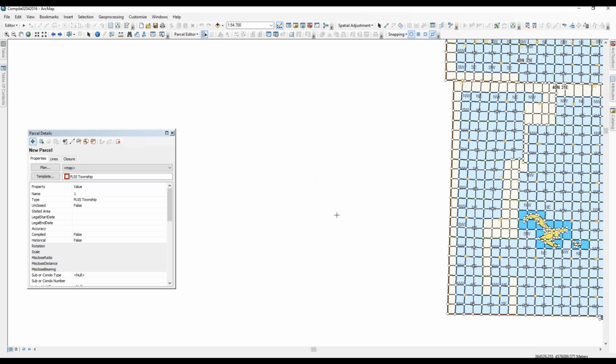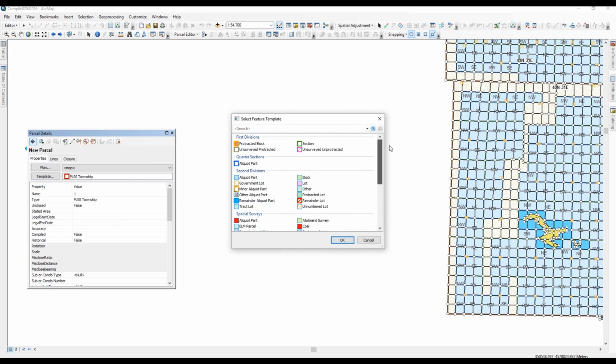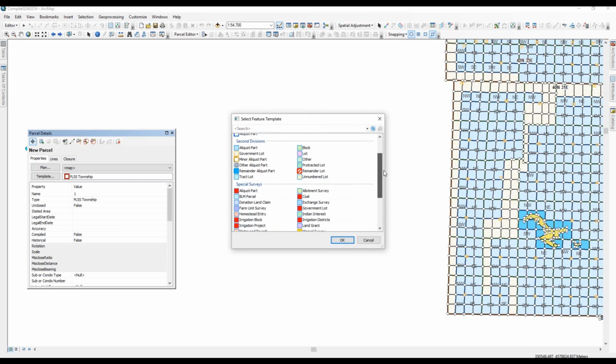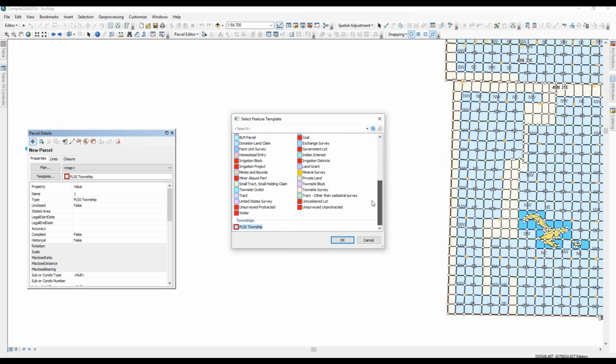Now you could have a control point to start at, you could have an adjoiner township to start at or whatever, but I prefer to just start, enter the data, go around, and then join the data to where I want it to go. So in this case, we want to look at our properties, we want to make sure our template is PLSS Township. It is, but depending whether you're doing a section or second division or whatever type of new parcel, you want that template. Now our plan,